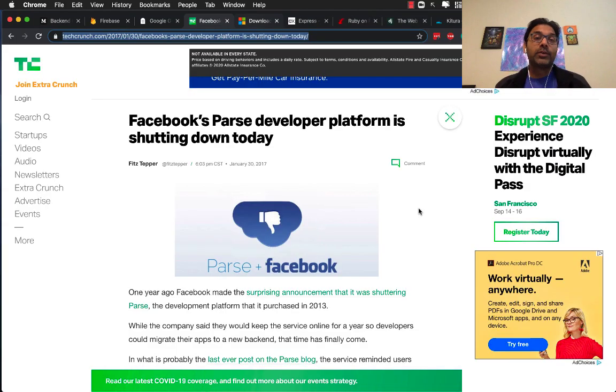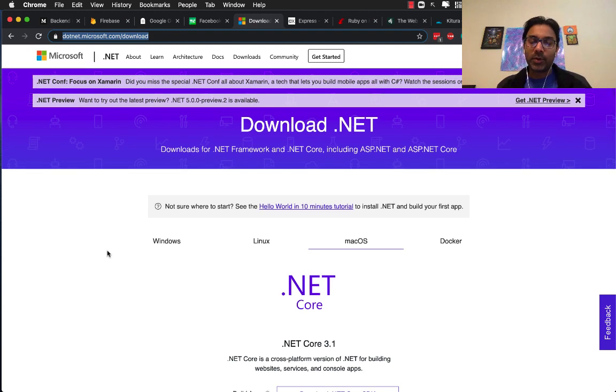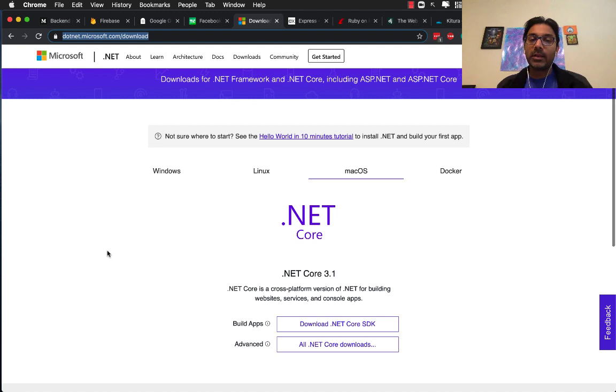Now the question is, where should you start? Where should you start learning the server-side framework? Because there are a billion of those. Microsoft language, which is C Sharp, is very similar to Swift, and you can use .NET Core, and inside .NET Core, there's also Web API, which is going to allow you to create those RESTful services, and you can return JSON and take in JSON and all that stuff.